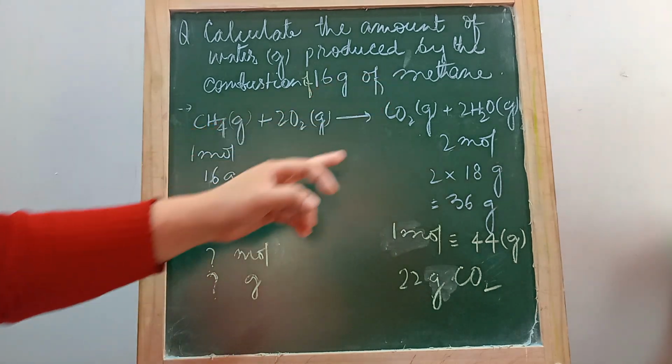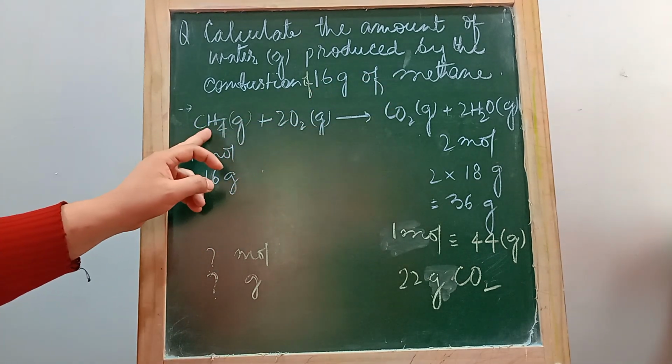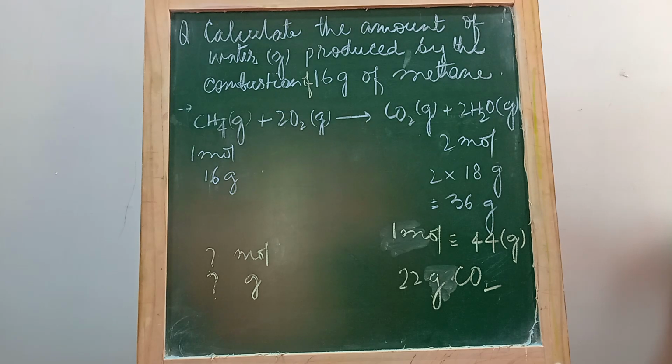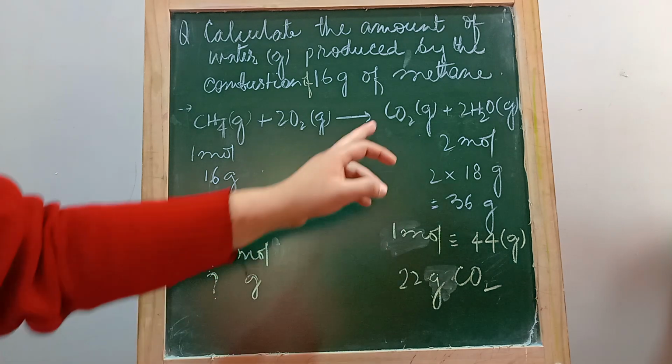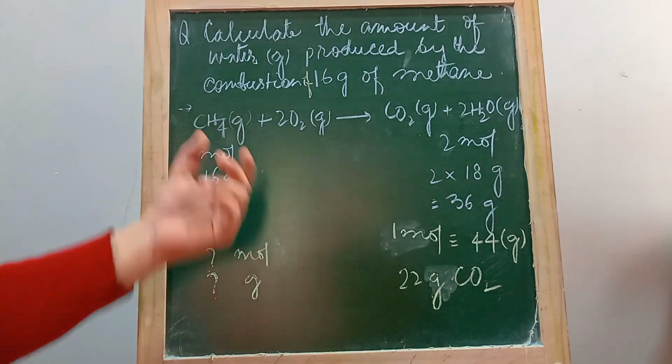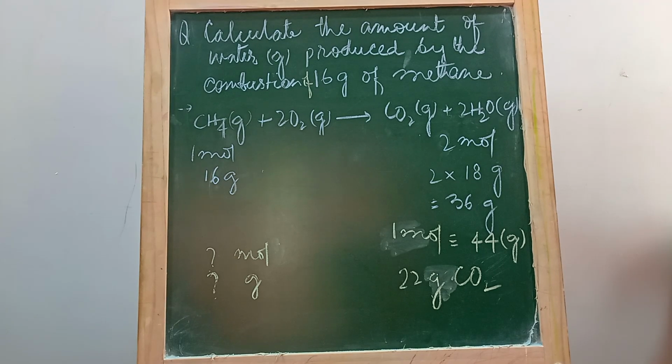And the molecular formula of methane is CH4, reacting with oxygen O2. It gives out carbon dioxide and water vapor as it is a hydrocarbon, just like when petrol is burned, or the gas in the kitchen is burned. It forms carbon dioxide and water vapor. All are in the gaseous state. G means gaseous state. And after balancing